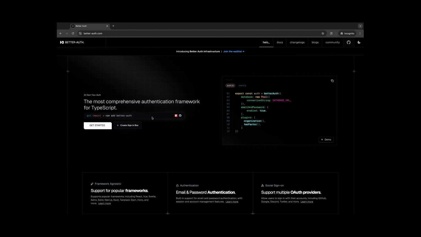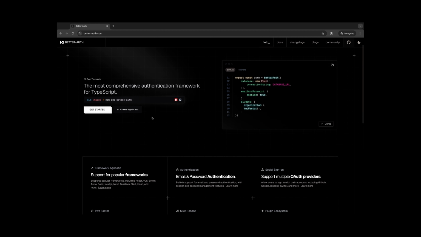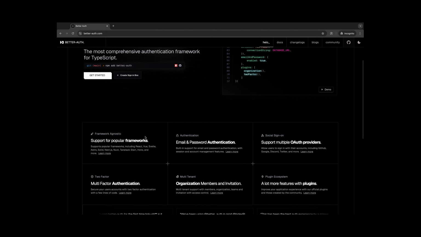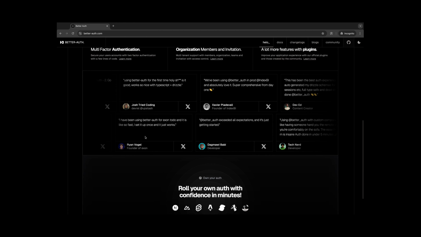Every app needs authentication, but building it from scratch every time is a huge waste of time. With BetterAuth, you can outsource your entire login system while still staying in control of your data. In this video, I'll walk you through exactly how I set it up from installation to GitHub login, step by